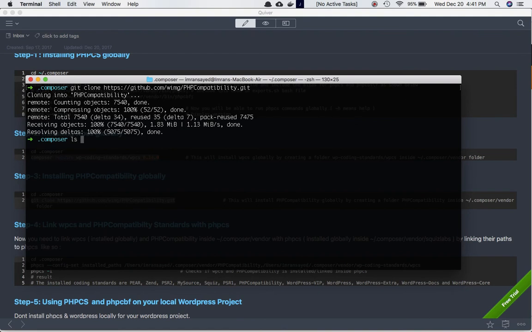Alright, now if you check ls vendor, you can see now that we have the WP coding standard, inside of which we have the WPCS, and then we also have the